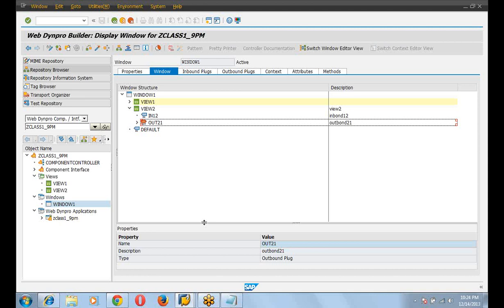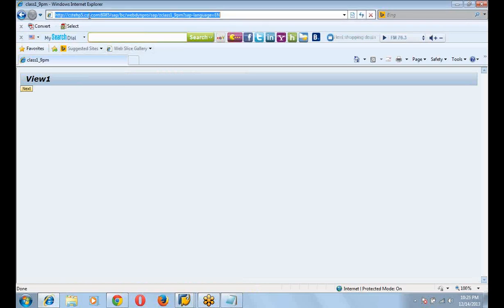How will you find the host name? When you create the application, look here, you get one URL. This is the host name. If you didn't find the host name, create any application and run it, then you will find the host name from here.